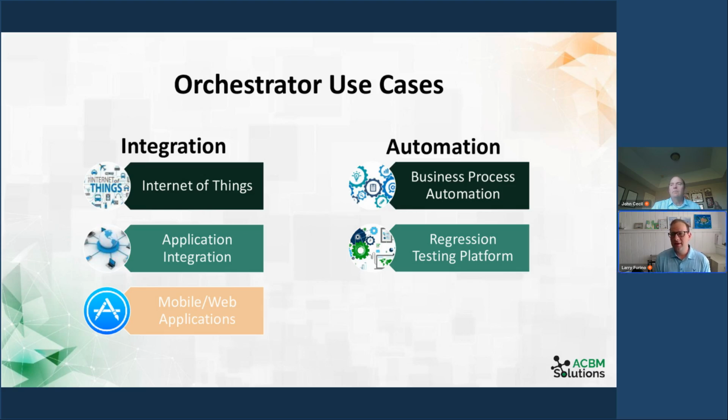The other thing, and this is one of the more underused aspects of Orchestrator, is that it really can be used as a good regression testing platform. There's a functionality in Orchestrator called assertions that certainly a lot of people don't use, and I don't think a lot of people are aware of it either. And with assertions, what it allows you to do is call an orchestration, which again is working at the application level,